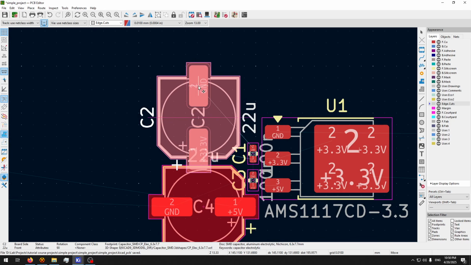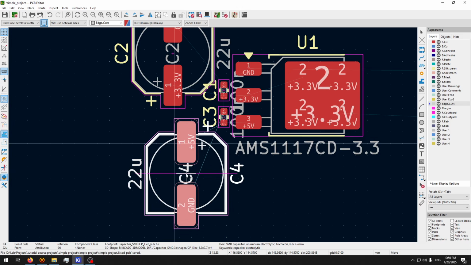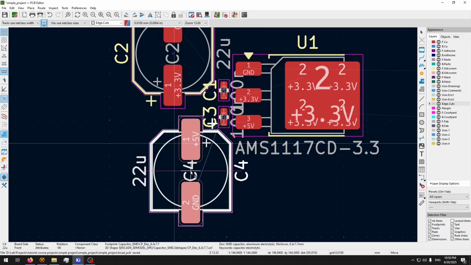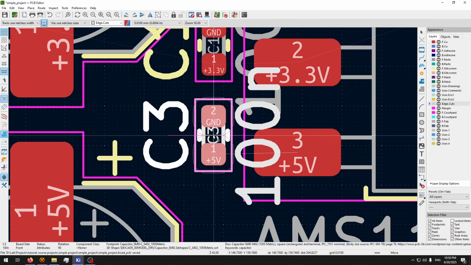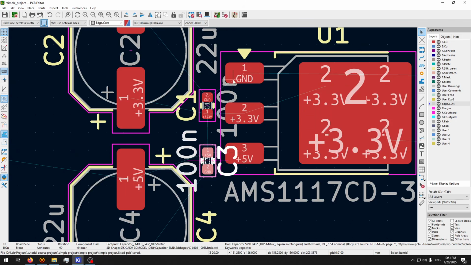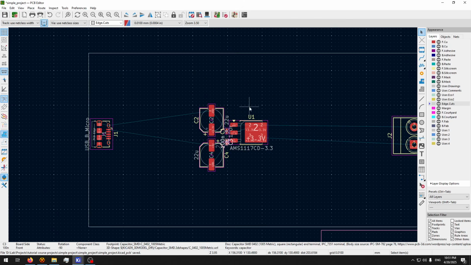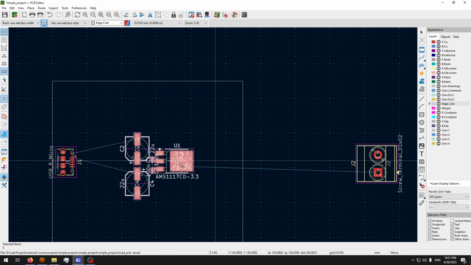Press R to rotate, for example, and I'm going to have a problem doing it like this, so I'm going to move that to here, and I'm going to basically rotate this to the other direction because the ground pin is outside. It's difficult for us to reach it from here, and I'll tell you what we're going to do about it. Okay, so maybe we decrease this to something more manageable, like this, for example. Move,